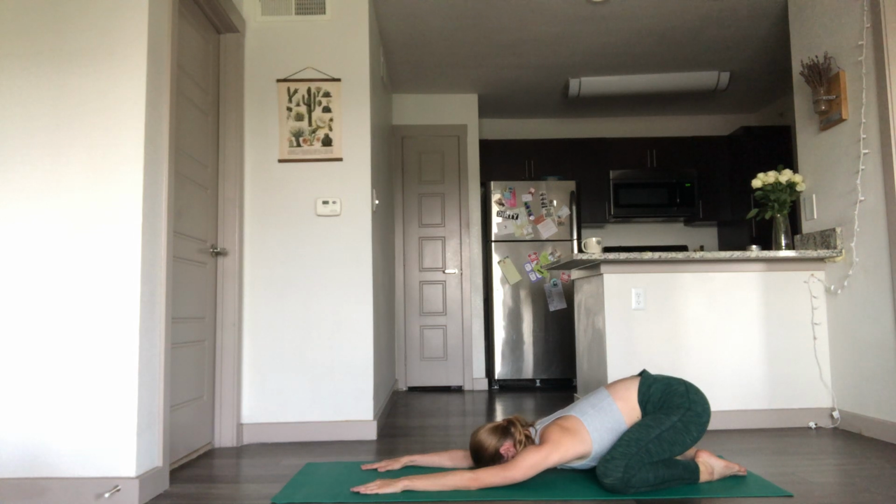We'll start to activate our Ujjayi Pranayama. That's our breath of victory. Inhale through your nose, seal your lips. Exhale through your nose. Create heat, create tension in the back of your throat. One more like that. Inhale, fill up. Exhale through your nose. Feel texture in your throat